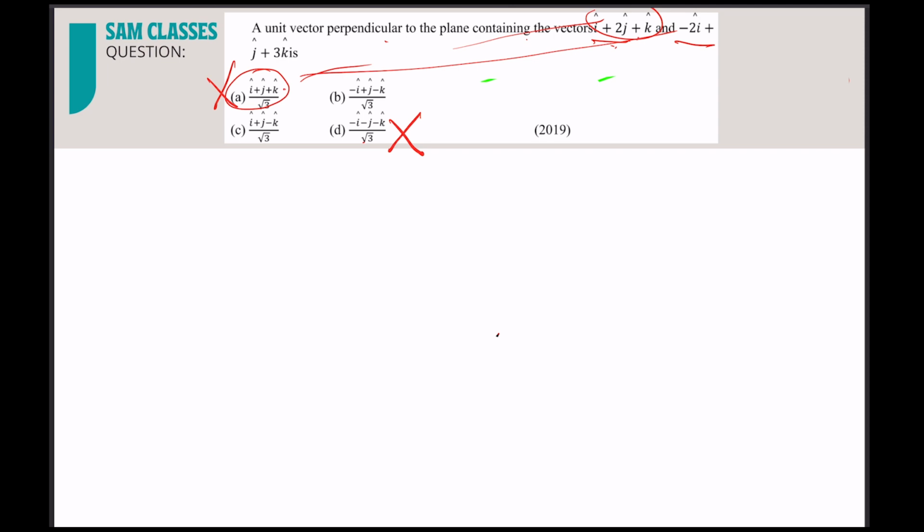B and C. Now how do you understand which option to take? How do you understand which option will be the answer? If you do a dot product with the second one, you'll get minus 2, plus 1 and minus 3. So see here, not possible. So done, this has to be the answer. So we solved it in less than 3 seconds. Clear?